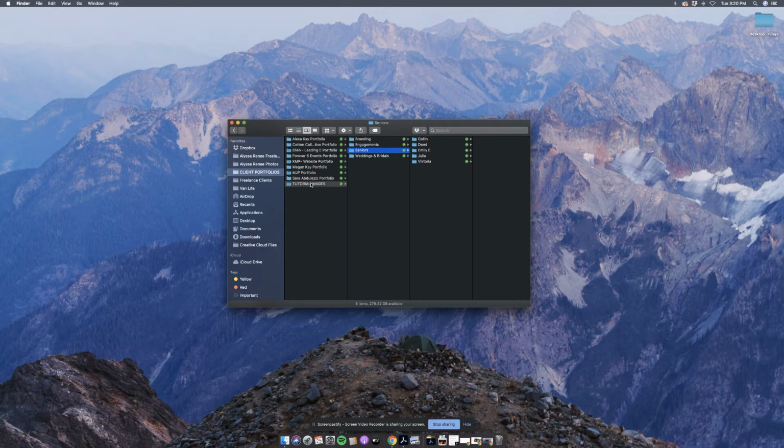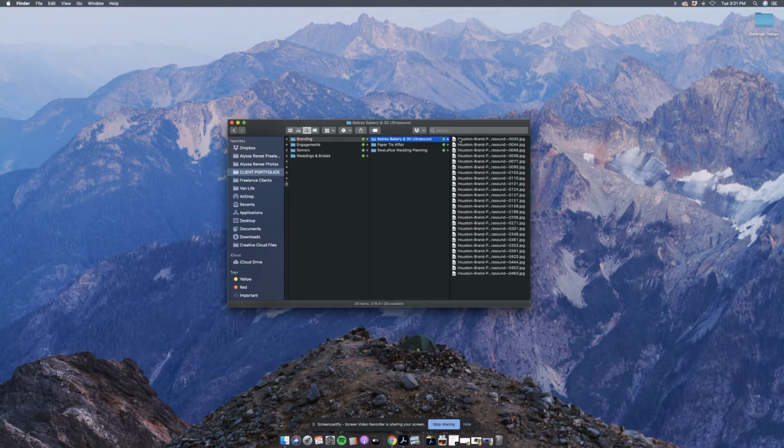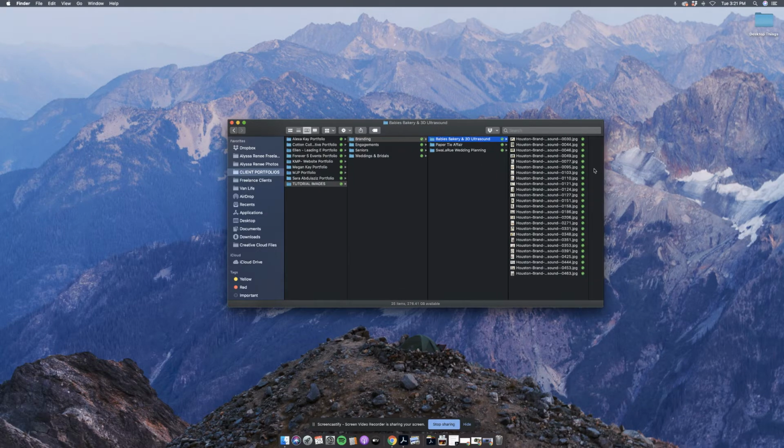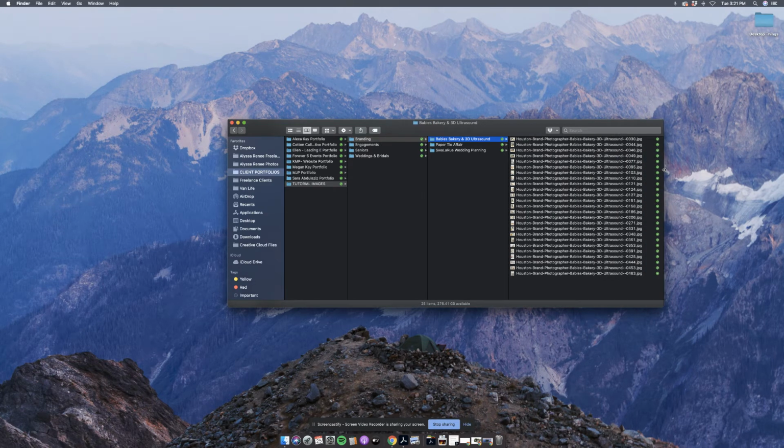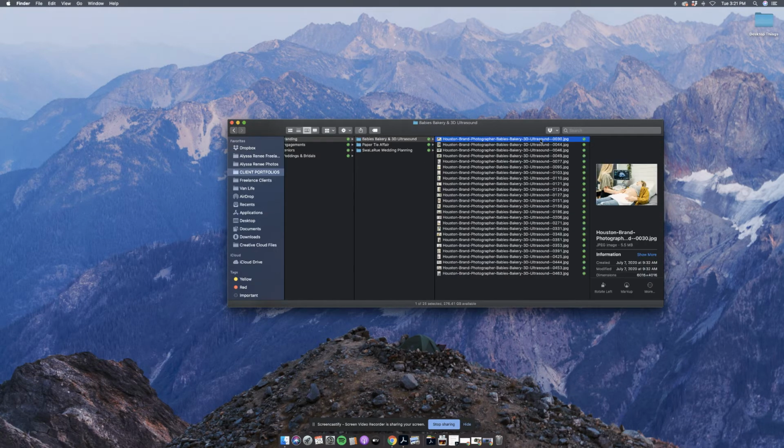So I've copied one of my lovely clients' portfolio folders here. She's organized them really well for me. This is a great example of how to organize your images, and she has them organized by service or by type of session that she provides. And inside of each of those folders, there's session folders. She has already gone through the process of renaming her images as well to be SEO friendly names. So this will strictly be a tutorial on resizing them,